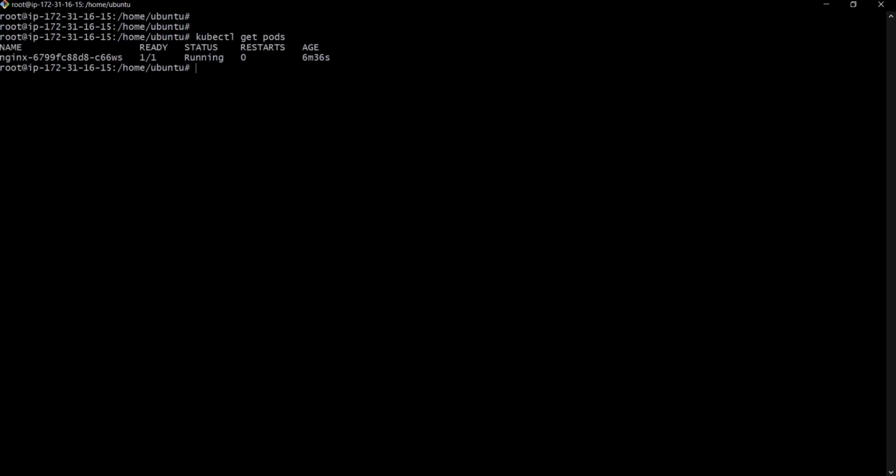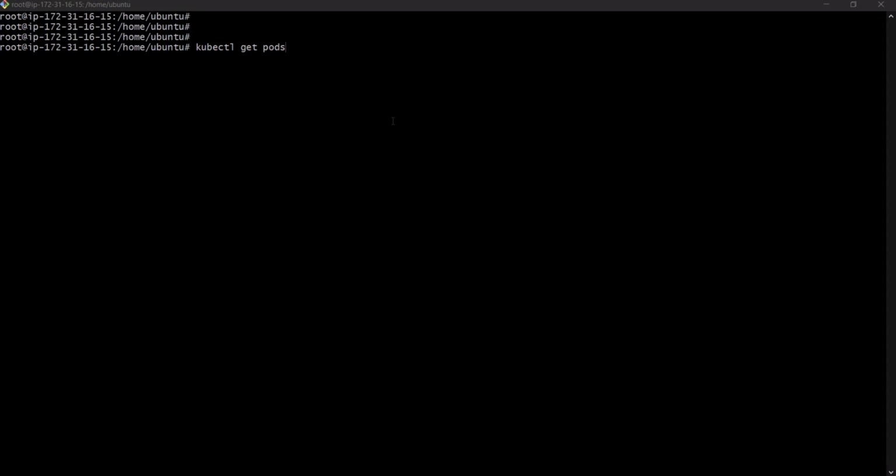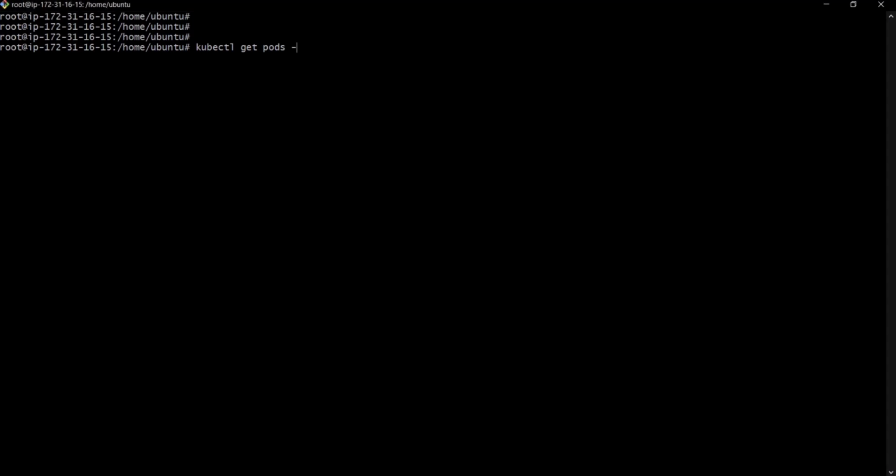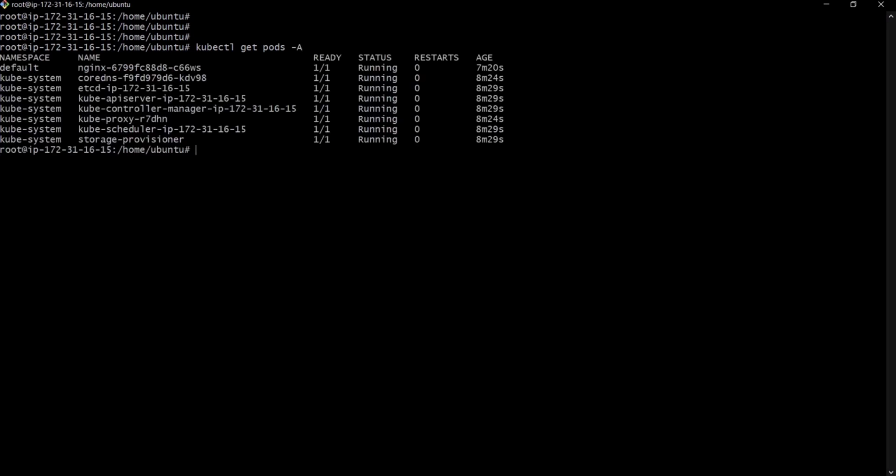Now if you want to see all the running pods, we have another command: kubectl get pods -A. Once we execute this command, it will give the list of all the pods running. It will give all the Kubernetes pods also.